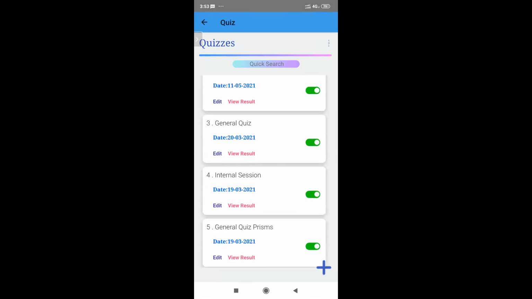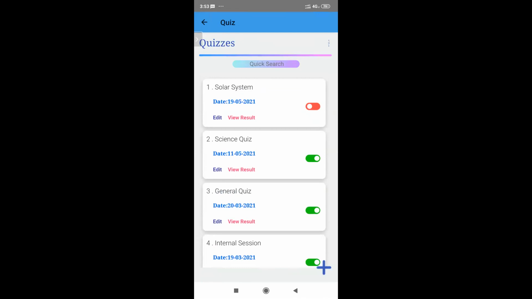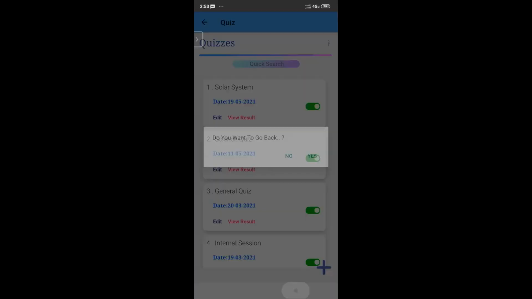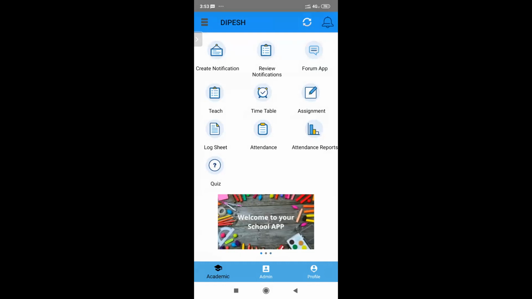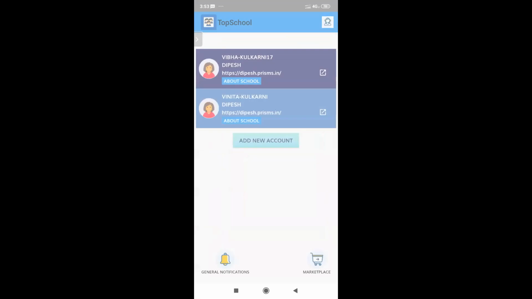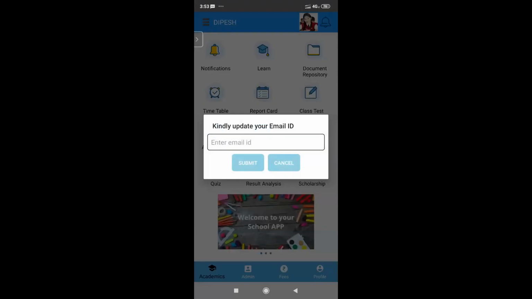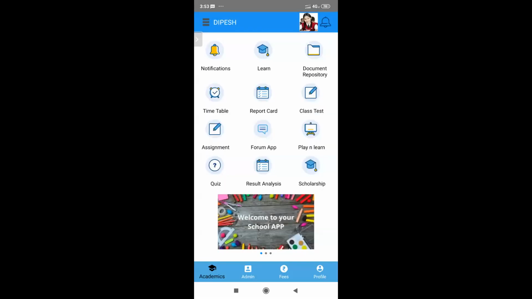I can see all my quizzes, which are published and which are not. Now, if I want this quiz to be published, I just have to toggle it from red to green, and now it will be published for the students. I'll also show you the student side of it, how we can see the questions. Okay. So now I've completed the teacher side. I'll show you how it looks from the student side. So once the creation part is done, we'll take queries. For the student side, I'll just click on the quiz tab.